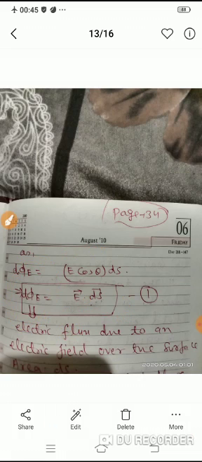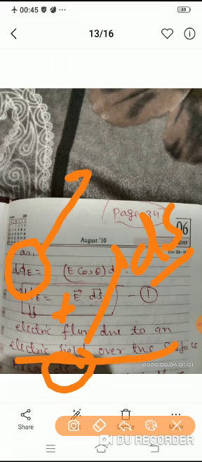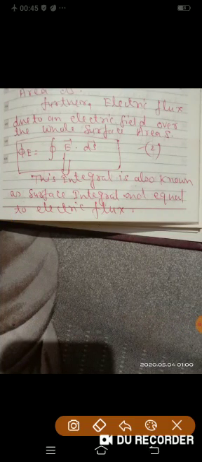So electric flux, what does this equation tell you? This equation tells you about the electric flux due to an electric field over the surface area ds. Students, why ds? First we will calculate for ds and then d phi e will be obtained, and then I will calculate for the whole area s, and the whole electric flux phi e will come out. So come to the original video and come to the next page. This is the next page. Okay, the electric flux due to an electric field over the whole surface area s is what I am going to tell you. Look here.